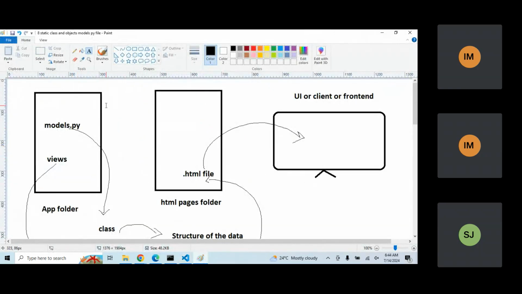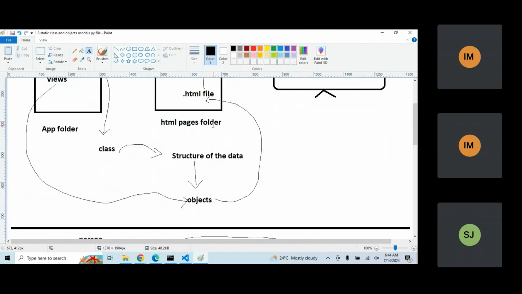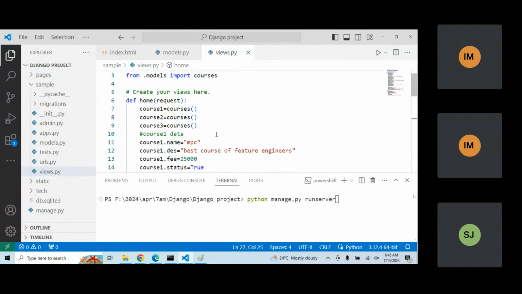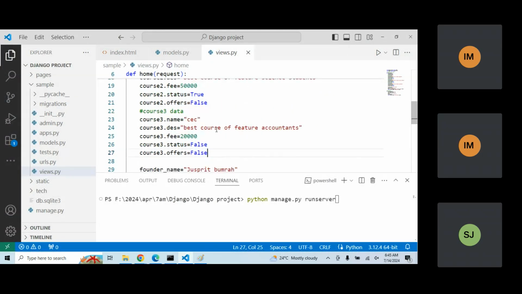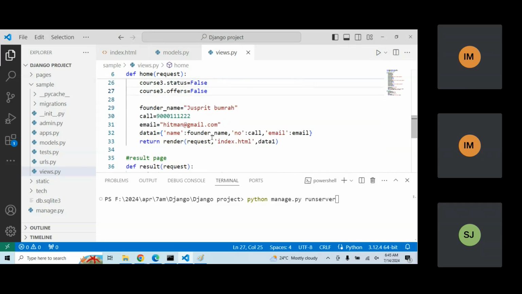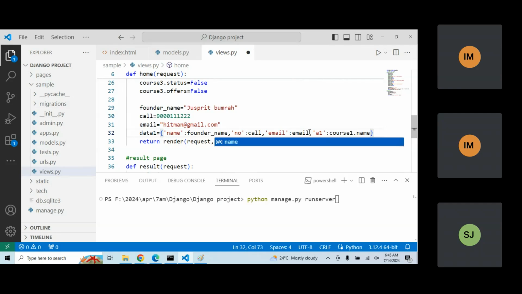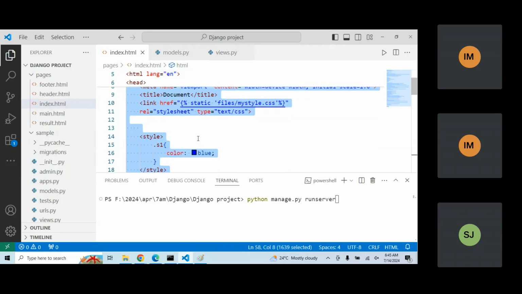Okay, now you can see what is completed here. We completed the structure, nothing but the class is created, the object is created. Now we need to send the object data to the HTML file. Normally what will happen, if I wanted to send the individual data, let's assume I'm creating one particular key. Let's give this key name as A1, and in this A1 I wanted to store course1.name here. Okay, now if I save this and go to the index.html,